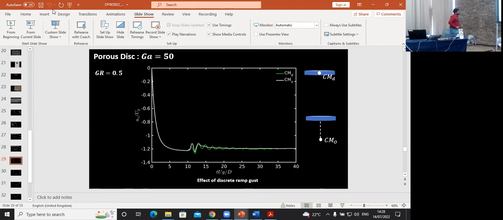So up to this point, it slowly reaches the terminal velocity. And then from this point, we impose the ramp gust, which shows us here that the case is a case of gust ratio 0.5. We see that both the cases go to a transient phase and oscillate, and then slowly it again comes back